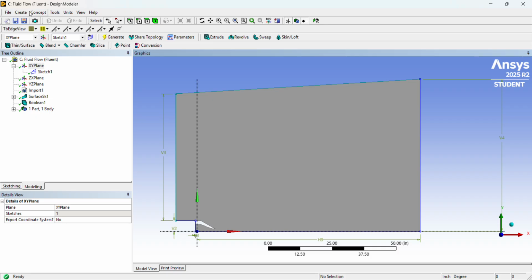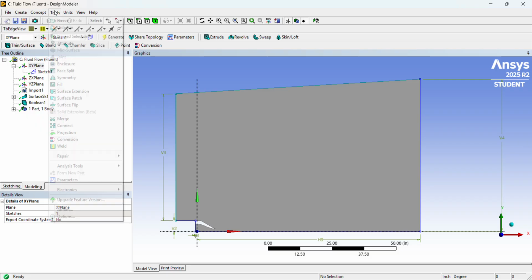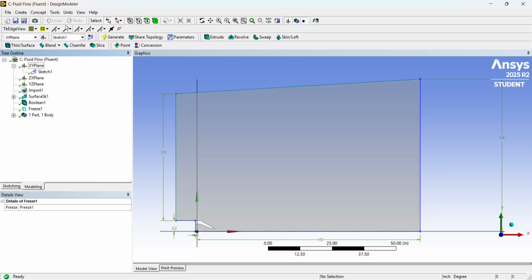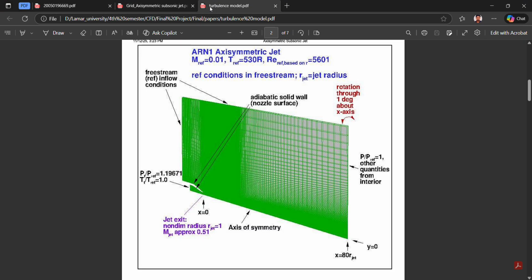One thing, I just need not to change anything. So what we can do is we can just freeze it. All right. I think it's an important thing to do. And this makes everything good, and freeze it so nothing changes. Now, if you see, our geometry is done, but the other important thing is that